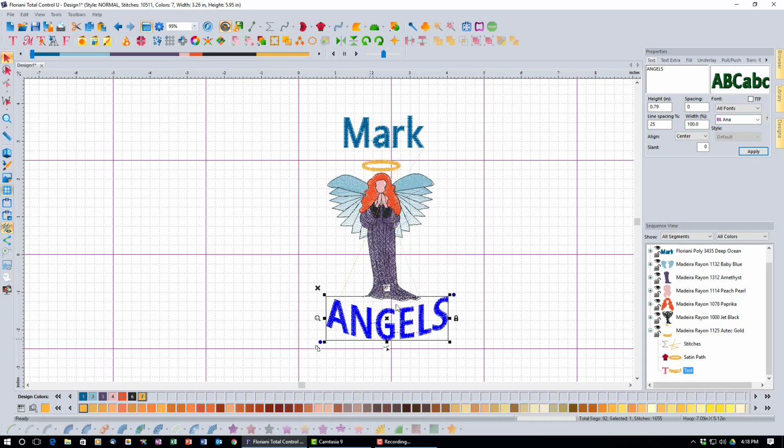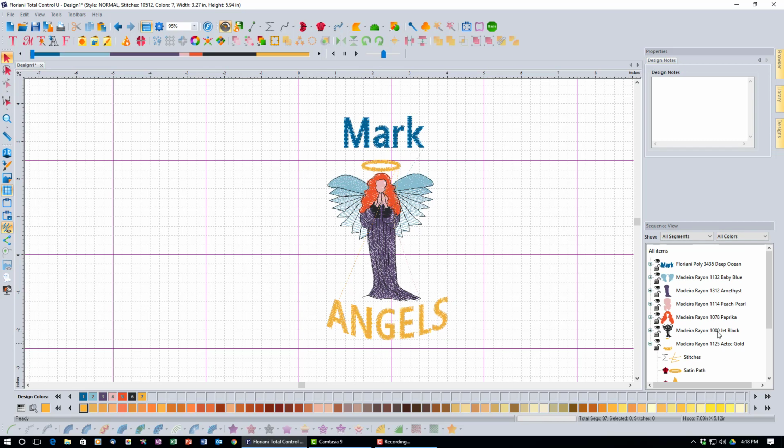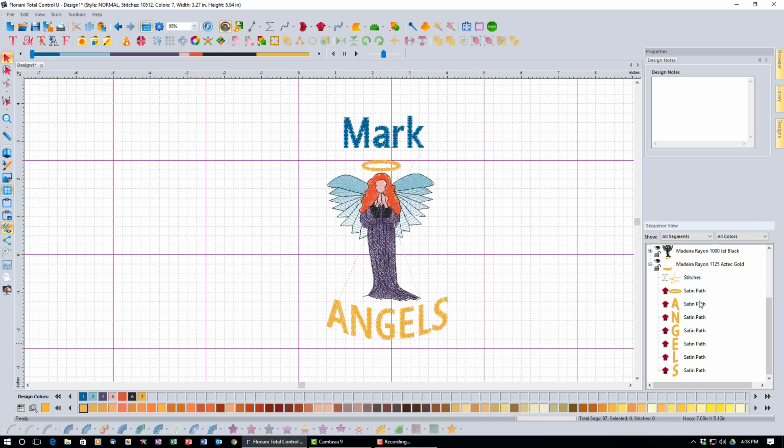Since this started out as satin stitches, if we look over here in our sequence view, you'll see that Angels is now a bunch of just satin paths. So I can no longer have any text control over this. Before I do a break up text, it's important that you get your text exactly the way you want, because it's a one-way street. You can't go backwards. But now that I've done that, you'll see that name drops is lit up. I don't even have to have this text selected,